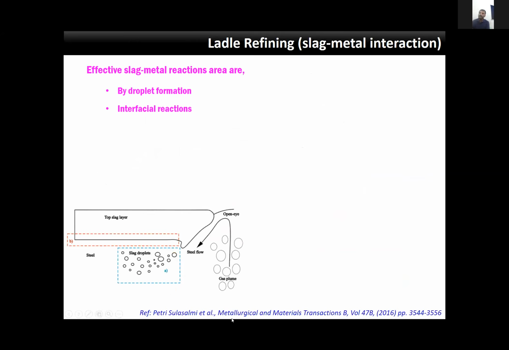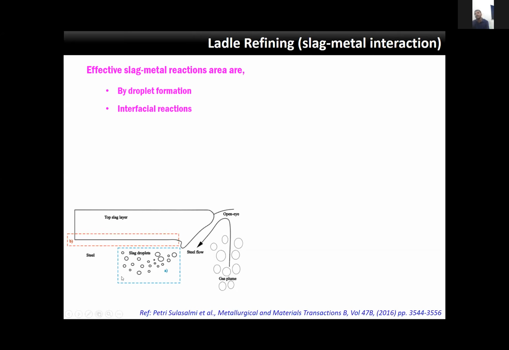Another thing we want to see is at the bottom side of the figure. You can see the argon plume evolving out from the steel. Here the slag layer is there, here the liquid layer is there. The slag droplets will be generated because the argon will make the metal circulate in this fashion, and the argon gas will release. When it is leaving and the slag droplets are generated, these slag droplets undergo slag-metal reaction.